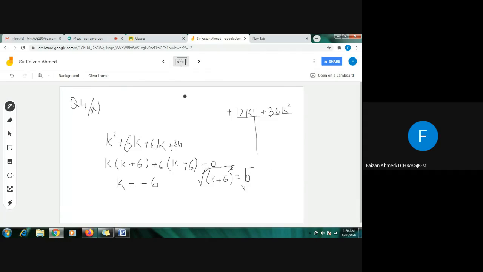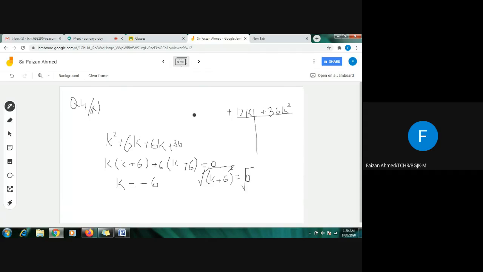We have question number 4 part A as well. In question number 4 part A, I have to factorize, and I know that there are 3 terms, so I am going for the middle term breaking method. After applying it, the value of k comes out to be minus 6. You can break your term into plus 6k and plus 6k, and after taking common, both brackets will be the same. Then you will take the square root on both sides,